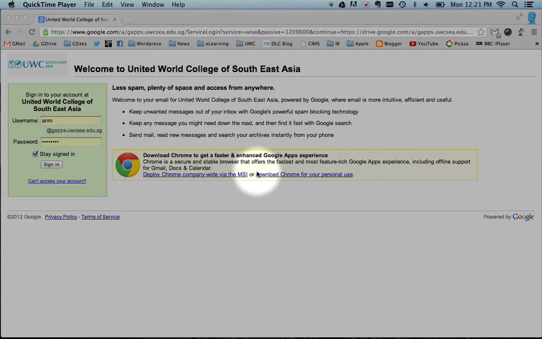So this is an introduction on how to access your Google Drive and explaining what's changed from Google Docs to this new thing called Google Drive. So we all come into this page to sign in. So we're signing in with our school account, and